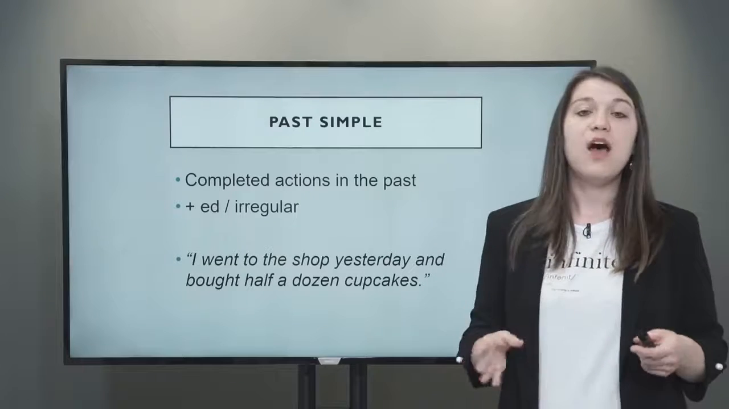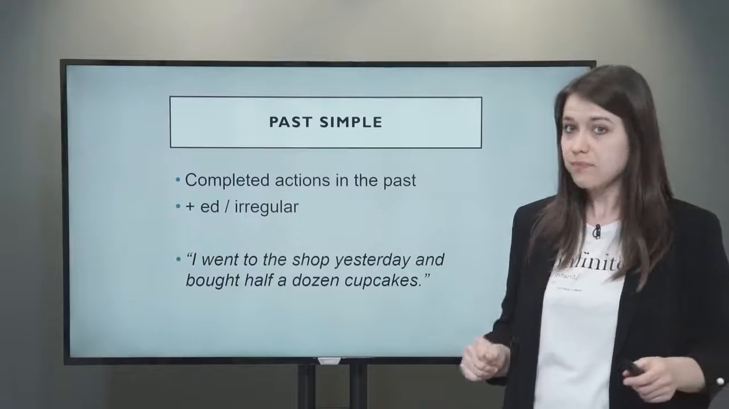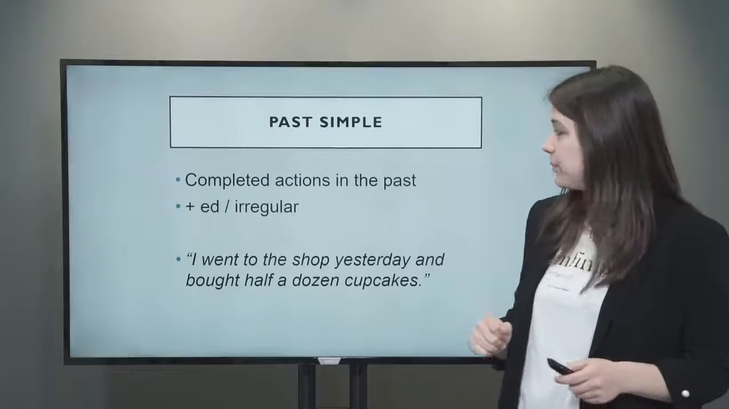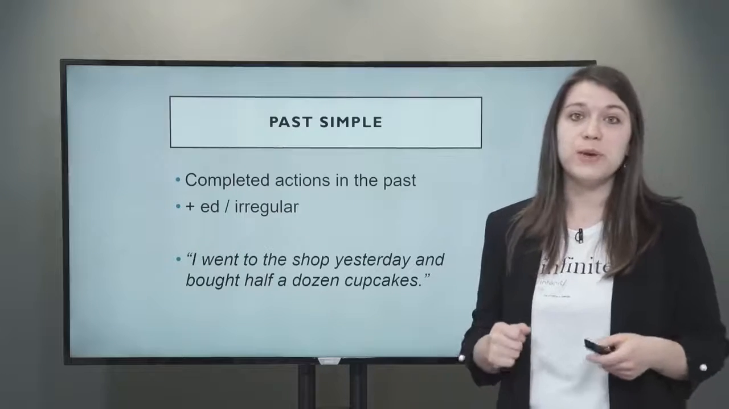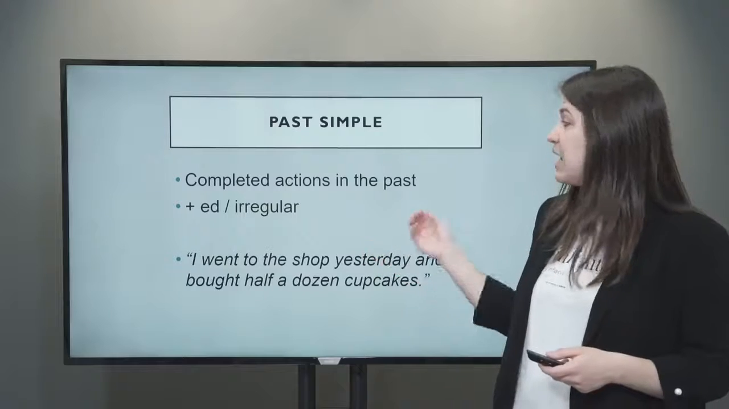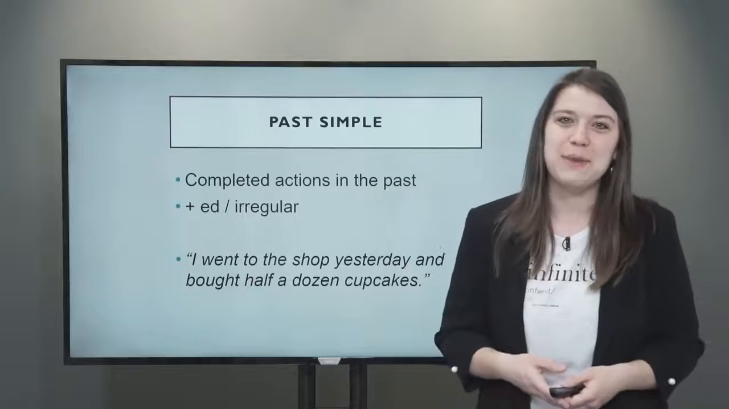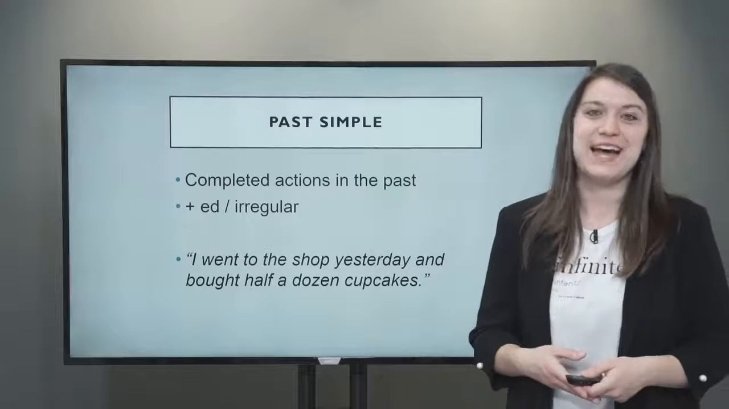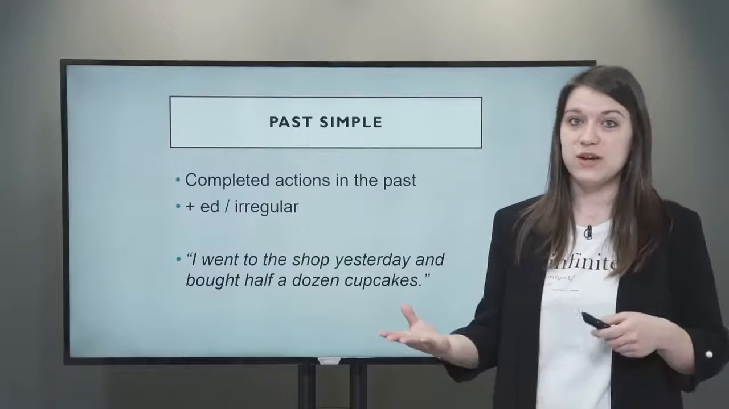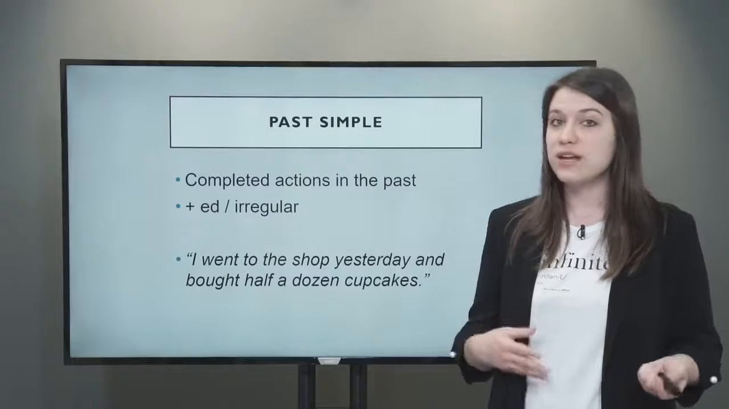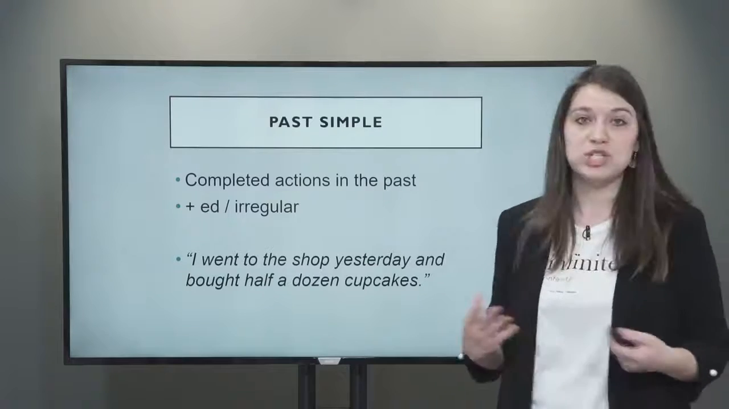So these are things that are finished, okay? We form the past simple. If it's a regular verb, we add the ending -ed. If it's irregular, then you just have to memorize it. This is one of the things about irregular verbs in English, is that you need to memorize them. So depending on whether it's regular or irregular, that will tell you which ending